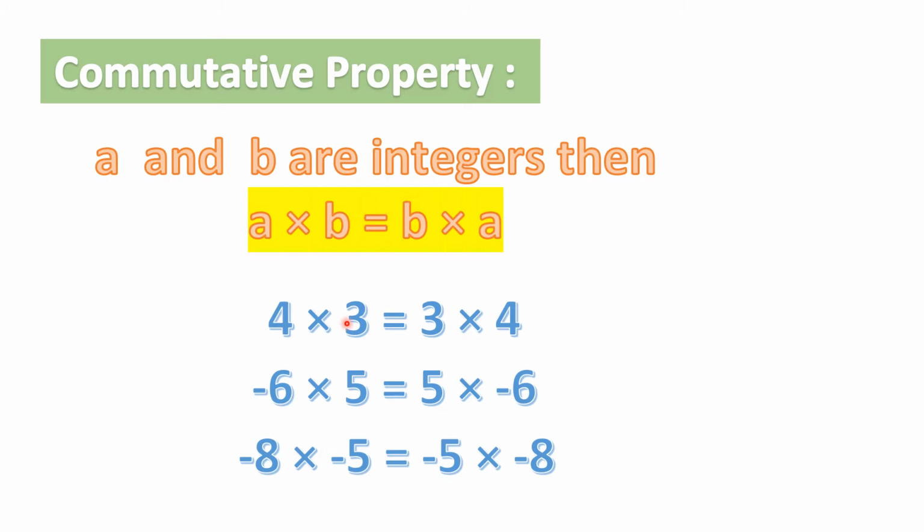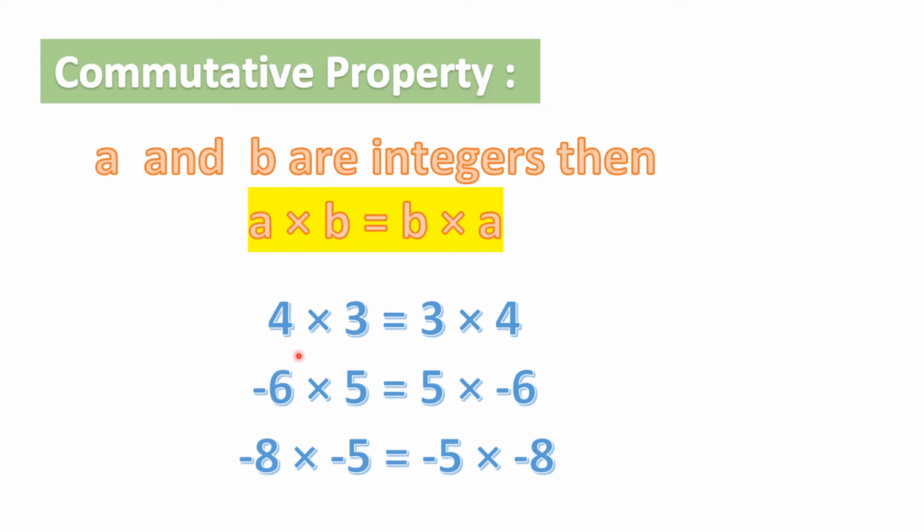So now let's do this using some examples. Let me take 4 and 3, two numbers, 4 and 3, A and B. So 4 into 3 is how much? 12. So same way, if I put these numbers like this instead of like this, then also we'll get 12 itself. 3 into 4 is also 12 itself. The same numbers but put in a different reverse order, right? So you'll always get the same answer. There is no difference if you rearrange the numbers, okay?